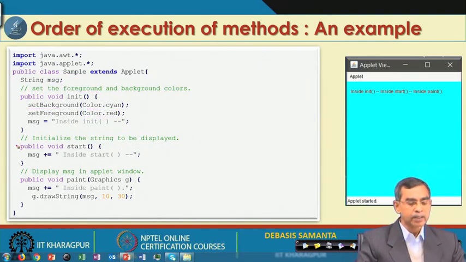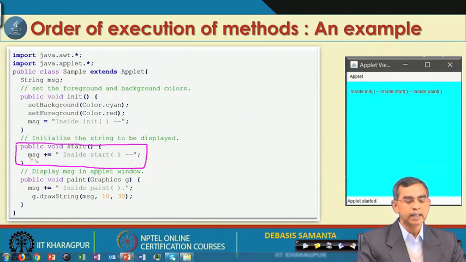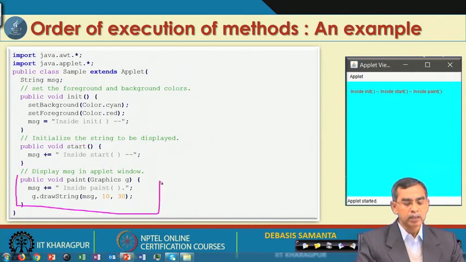Now, here is the start method. Whenever the method starts its execution, it is basically doing nothing, only the message is updated inside start. That means the message is augmented with this one. And then the paint method does exactly the same, message inside paint, and then g.drawString, with the message already stored in the message field, which prints the message.